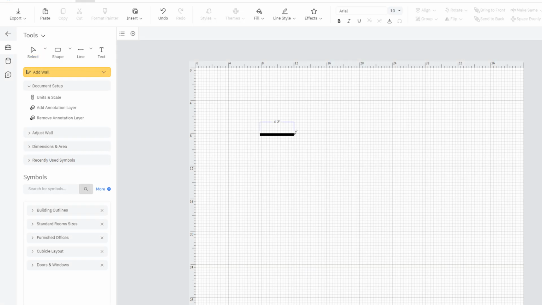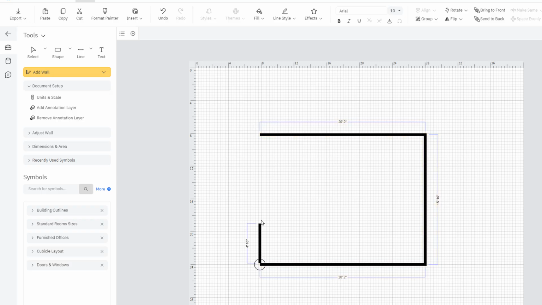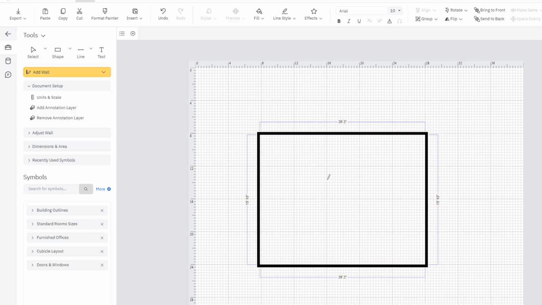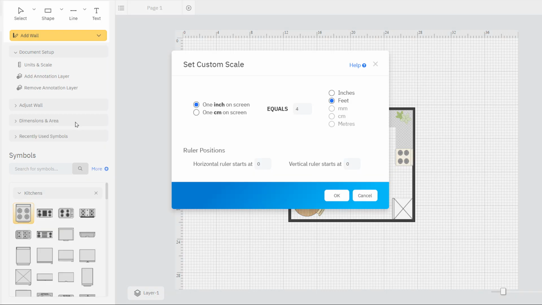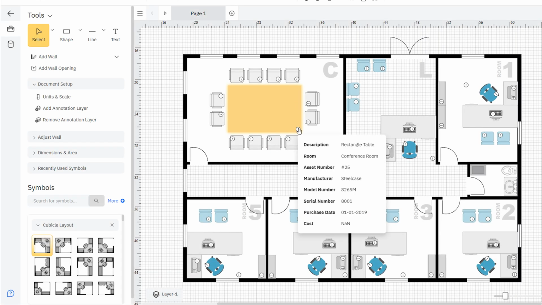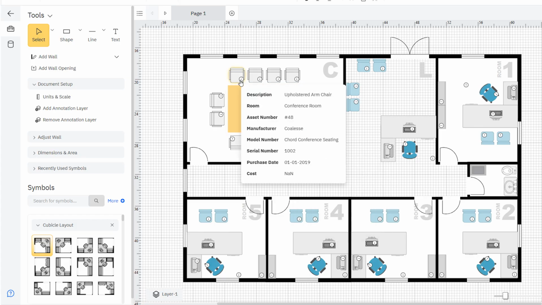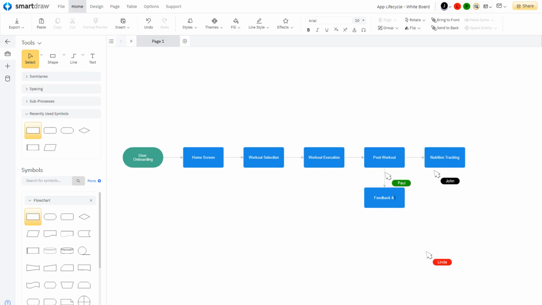SmartDraw makes professional drawings and diagrams accessible to everyone. Non-technical users can quickly create floor plans without training, while professionals get the precision and scale they require. With industry-leading floor planning tools, strong data integrations, and an intuitive interface for traditional diagramming, SmartDraw delivers enterprise-ready power without